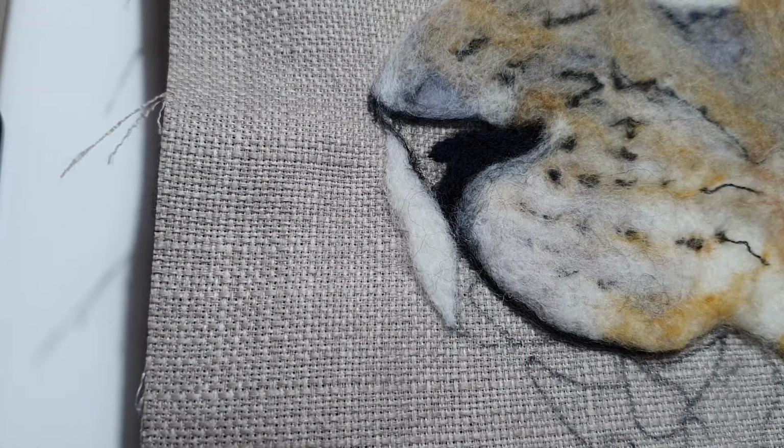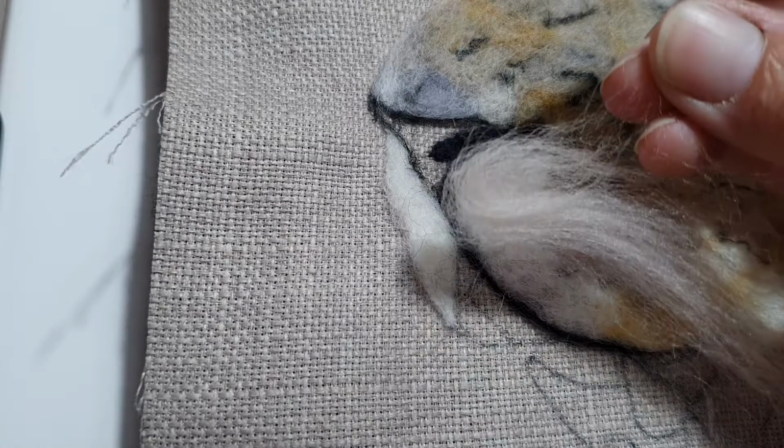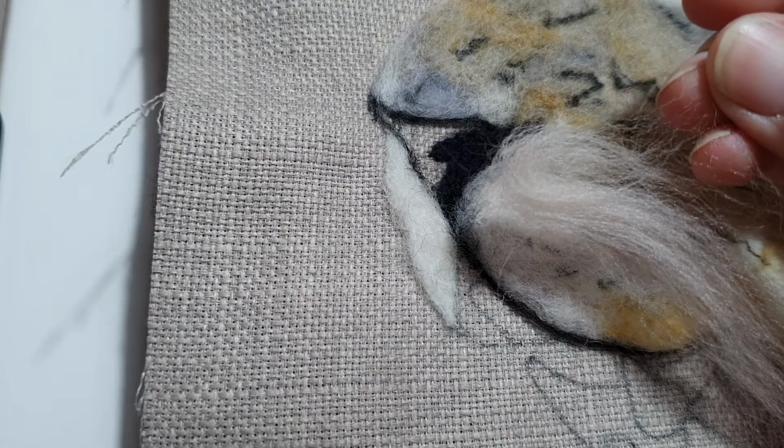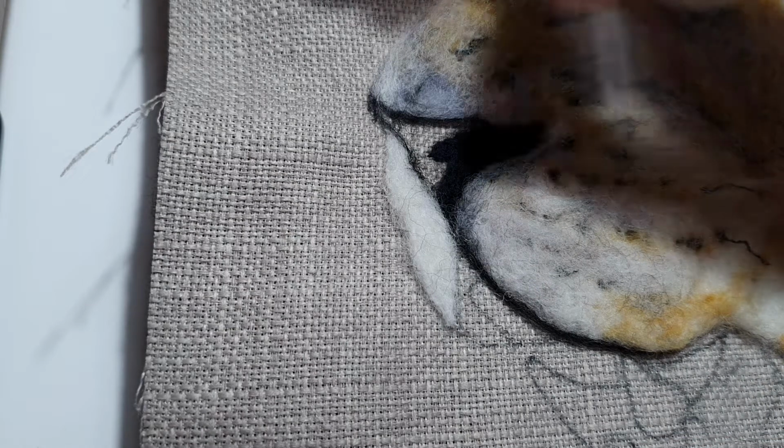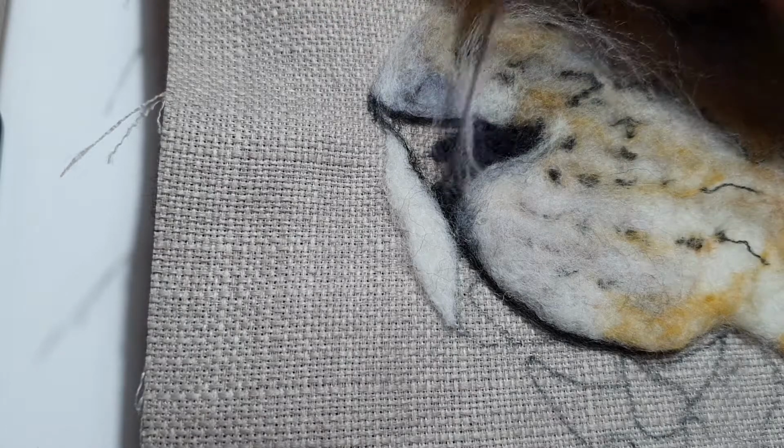right, I'm now going to go into the other piece, and I'm going to go in with a dark salmon pink. So I'm going to use a nice salmon pink as my base colour rather than the coral wool. This is quite a rough wool anyway, so